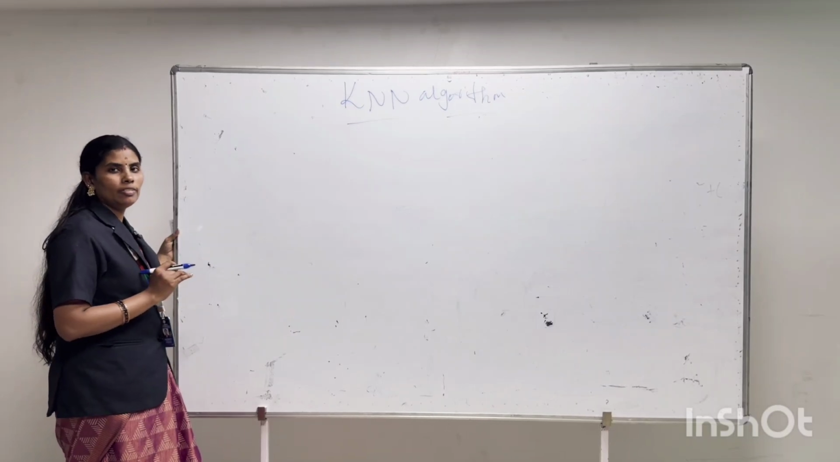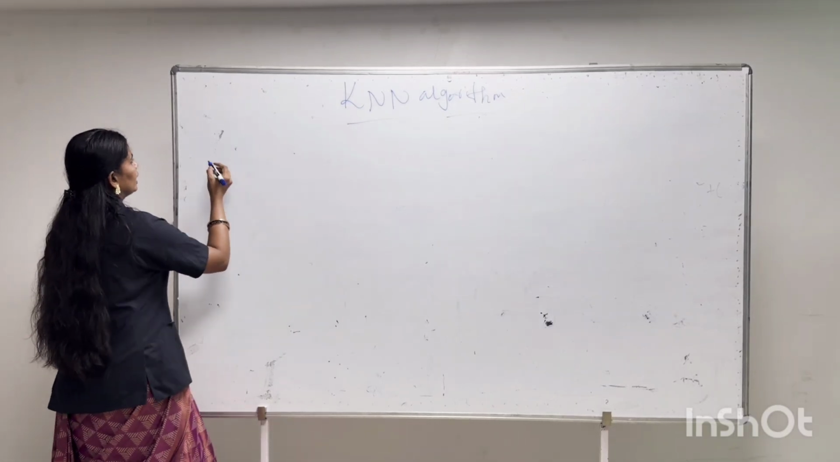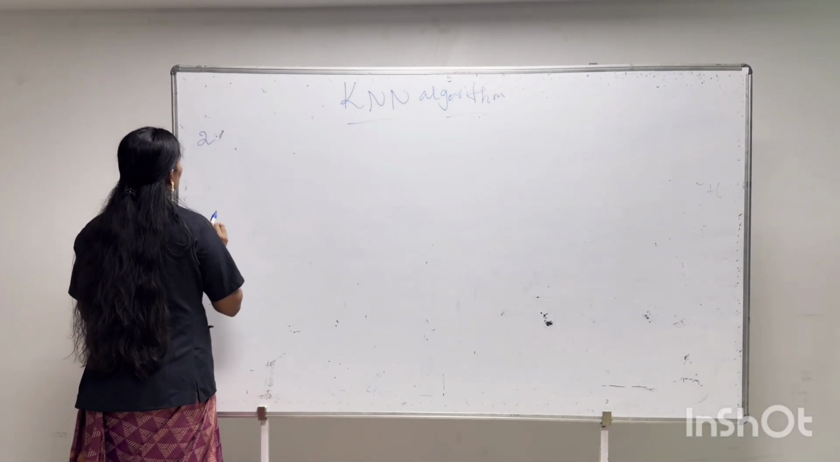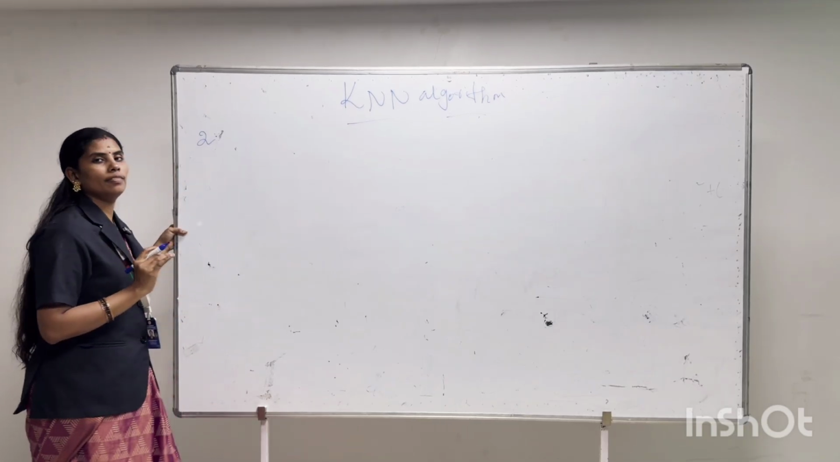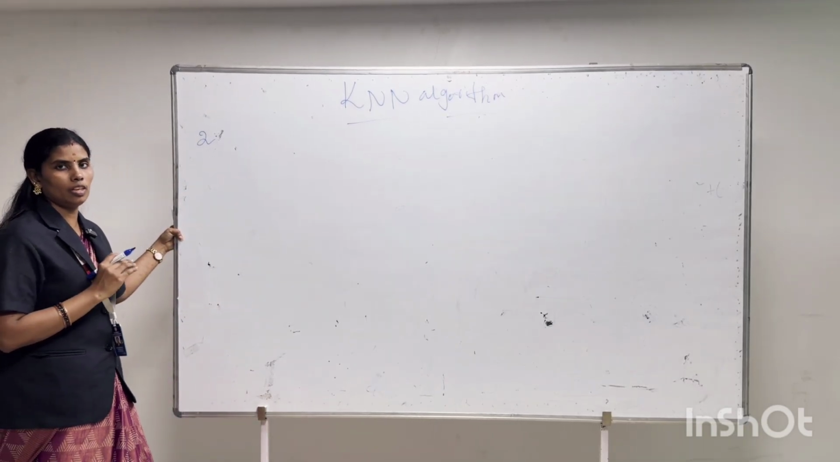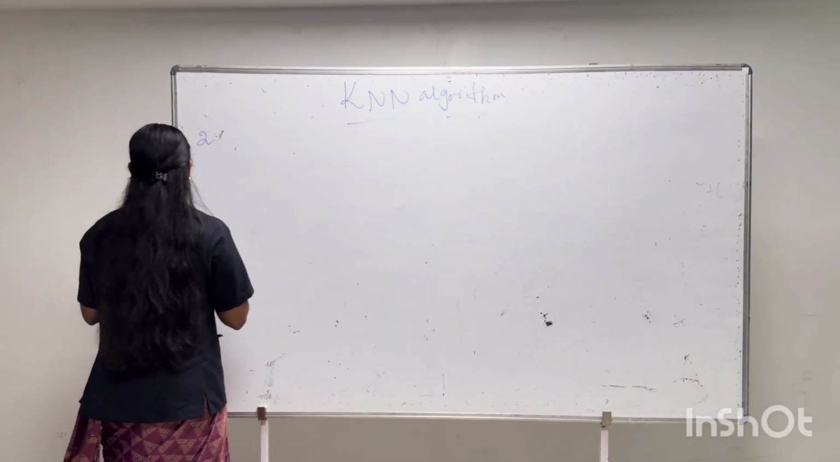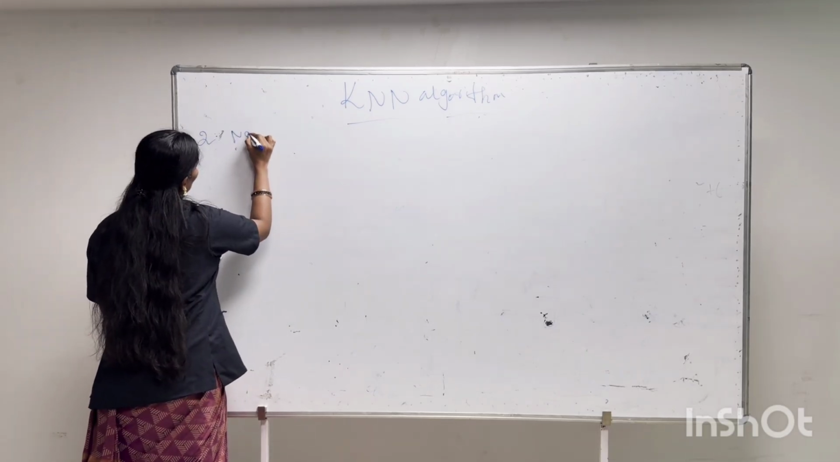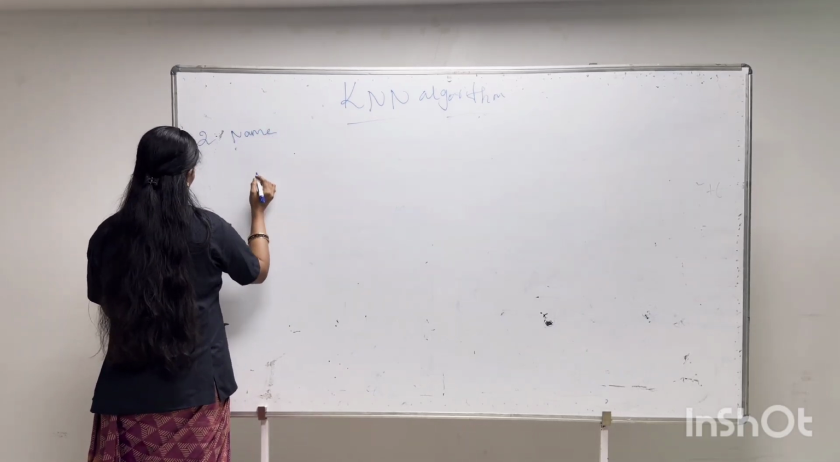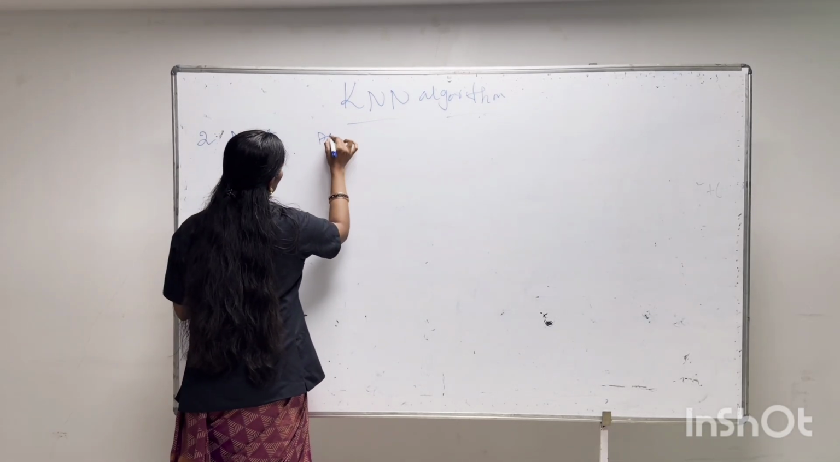So the second example we are going to see for the KNN algorithm. The second example is we are going to find which category of games they belong to. So the name, age,